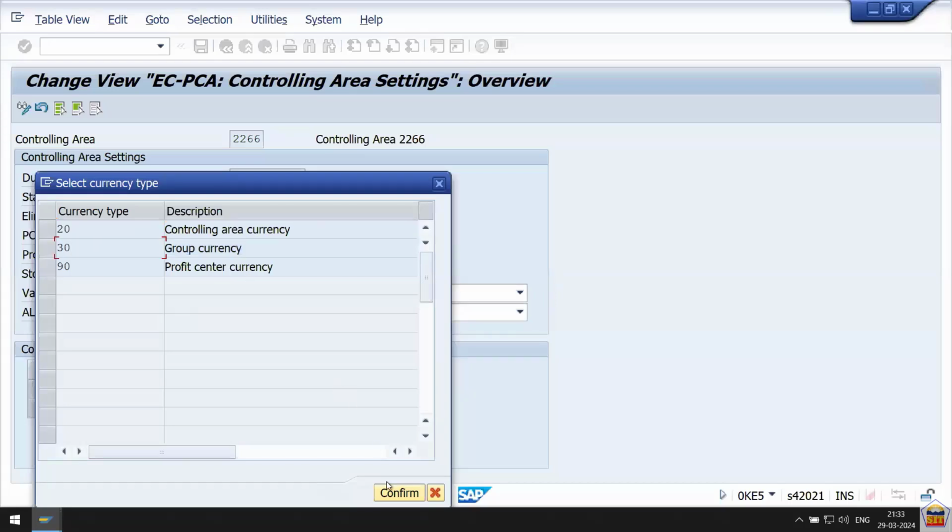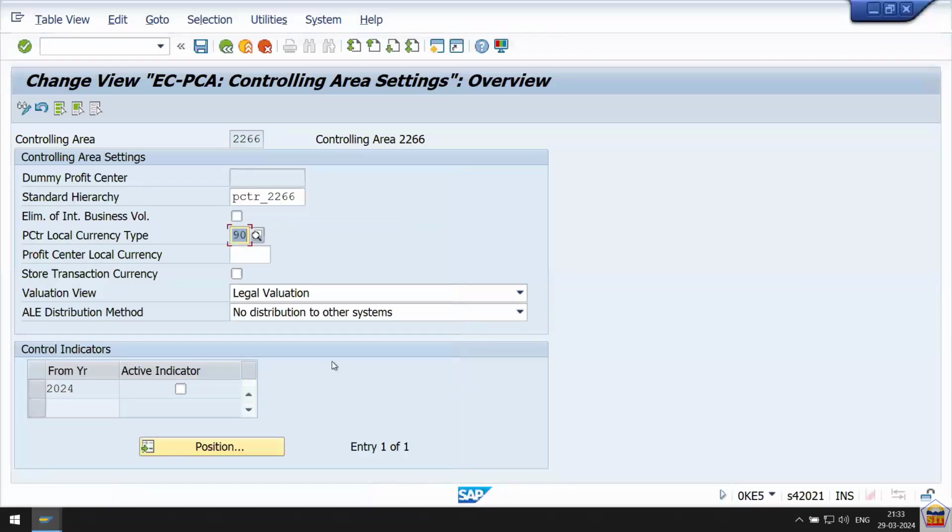So let's select 30. After 30, you can see we have a field for the profit center local currency, which is automatically driven by the system as USD. Press enter. Now you can see it is driven by the system as USD,